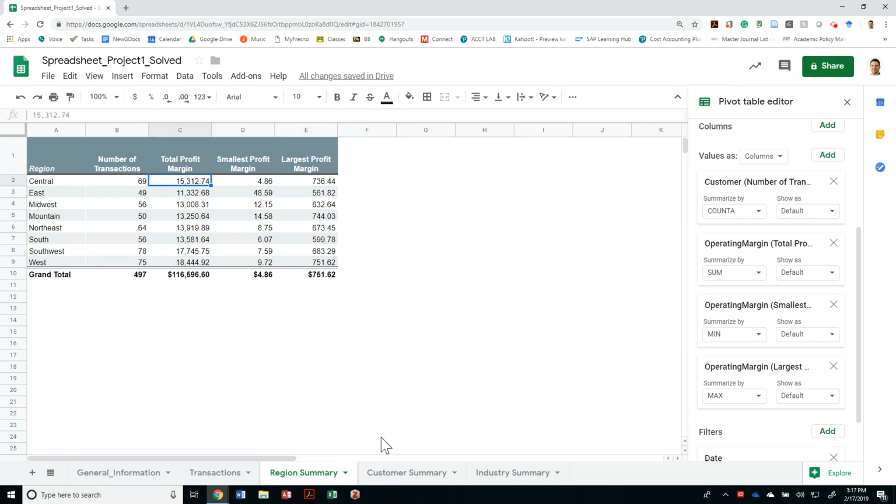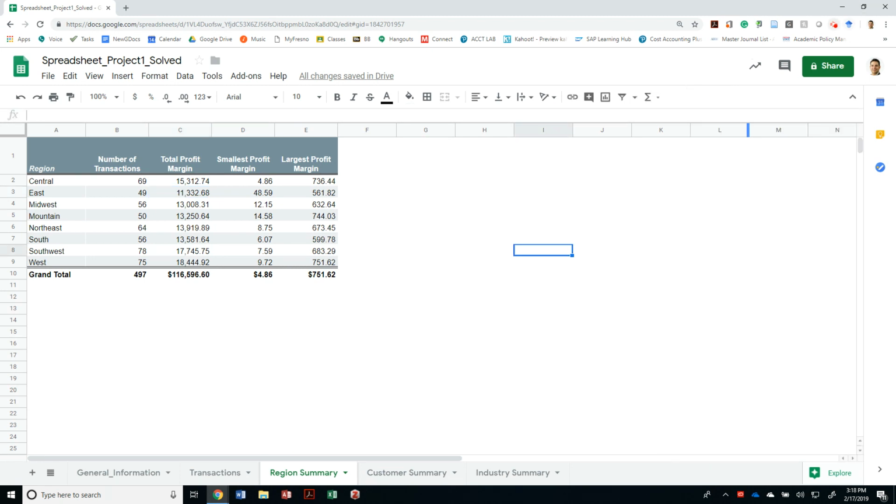But in general, I can see that the East region is doing the least, with the least amount of transactions, the least profit margin overall. And I have the West with the most profit margin, even though it had not the most number of transactions. All right, so that's the end of requirement